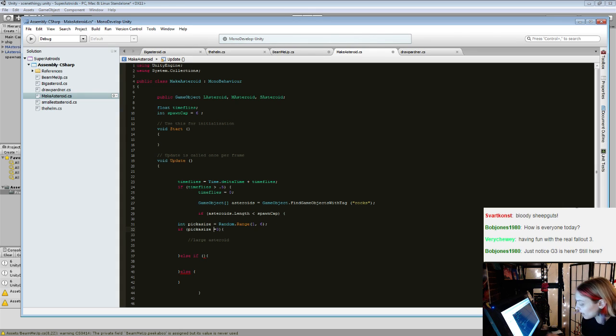If pick a size equal to 3, large asteroids. Else if pick a size